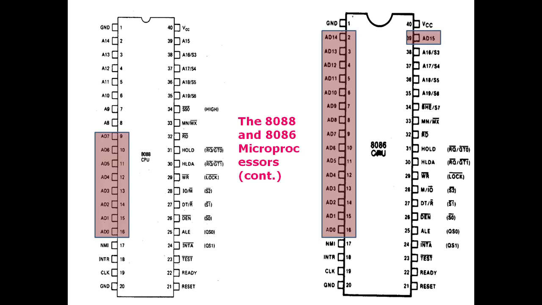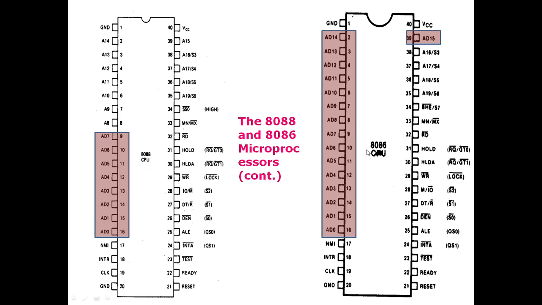Here on the 8088, only 8 pins of the microprocessor are multiplexed for the address and data. So AD0 till AD7, these pins are multiplexed for the address as well as for the data. So these pins can be used for sending or receiving data, as well as for sending the address of the memory location or the input and output port. So these 8 pins are multiplexed for data and address,